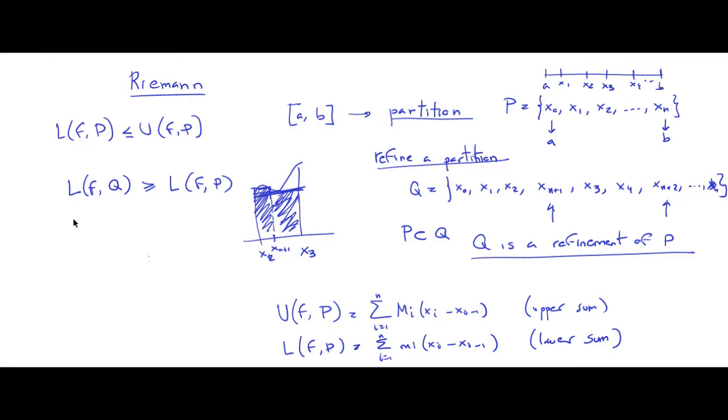And similarly, the upper sum for this new partition is going to be smaller than the upper sum for the other partition, right? So this is P, right? And again, because the maximal value in this new partition will have smaller values in some new intervals, right? So then we can say,